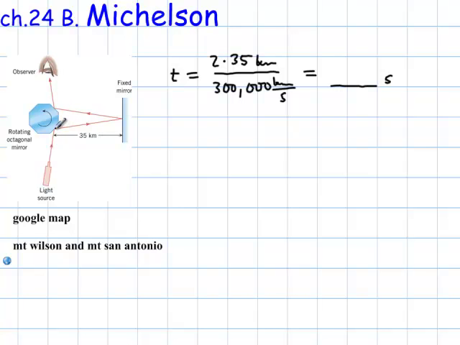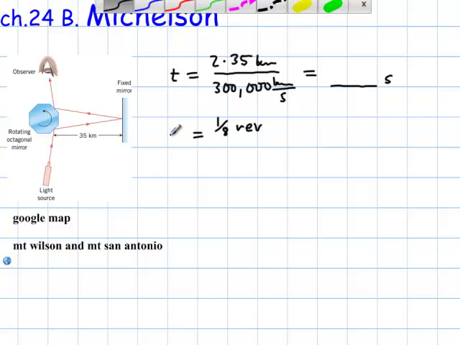So the light bounces off here, and then it rotates. This one becomes this surface, and the surface is over here by the time the light comes back. And that would be 1/8 of a revolution, since that one is octagonal. And the rotational velocity, the angular velocity omega is the number of revolutions divided by the time, which we have determined up here,